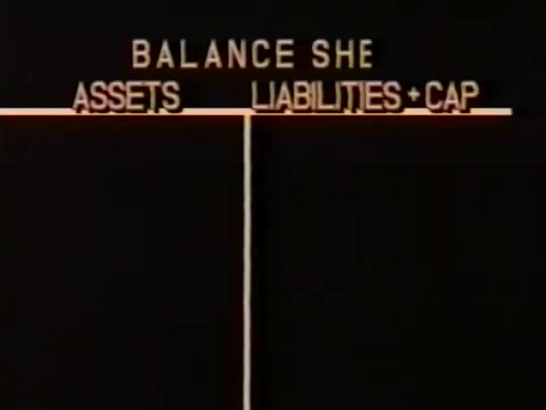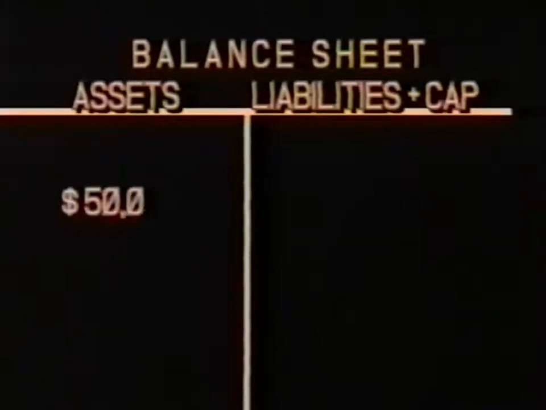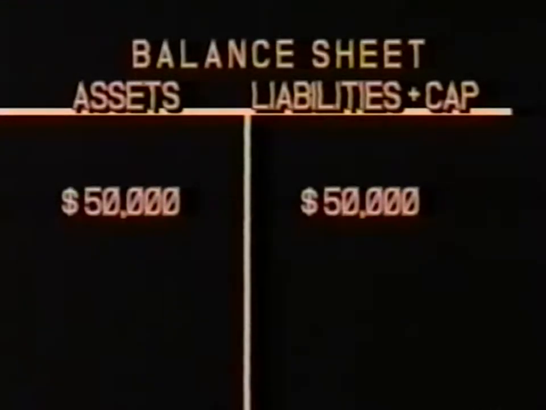This is often reflected in the form of a large T. On the left side of the T are the assets, and on the right side are the liabilities and the capital. The title of this T diagram is the balance sheet. Of course, listing the dollar amount of our assets on the left side of the T chart and listing the dollar amount of our liabilities and capital on the right side of our T chart gives little information.